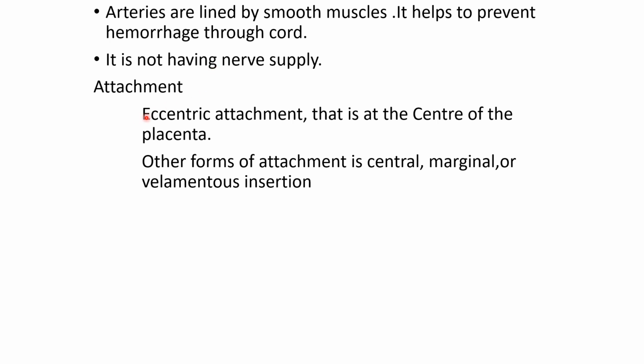And the attachment of the umbilical cord to the placenta is usually central, that is, it is attached to the center of the placenta. Other forms of attachment are also there. Instead of central, it may be a marginal attachment, that is, it may get attached to the margin of the placenta, or sometimes it may be a velamentous insertion, that is, instead of getting attached to the placenta, it will be attached to the fetal membranes. See, this I have already discussed in the abnormalities of the placenta video. You can see that video for these abnormalities. So that's all about the